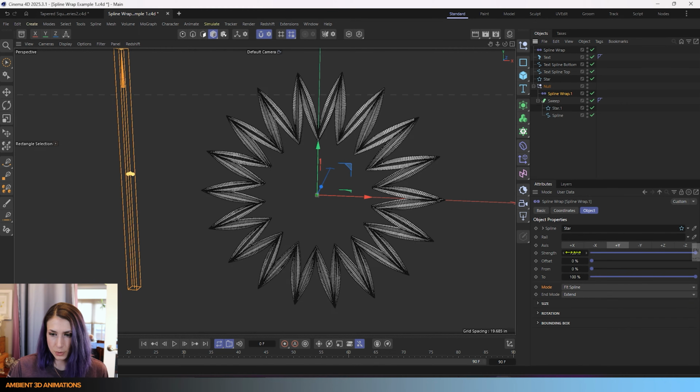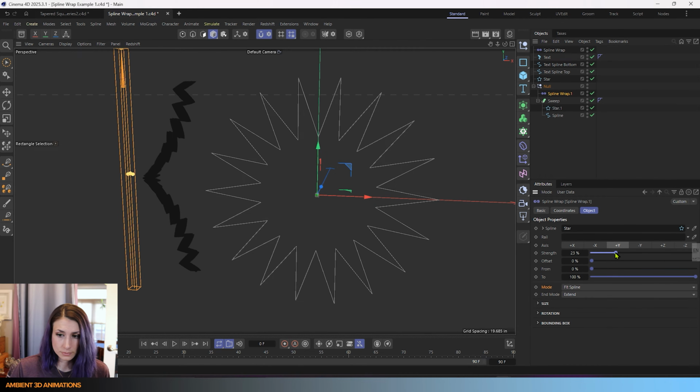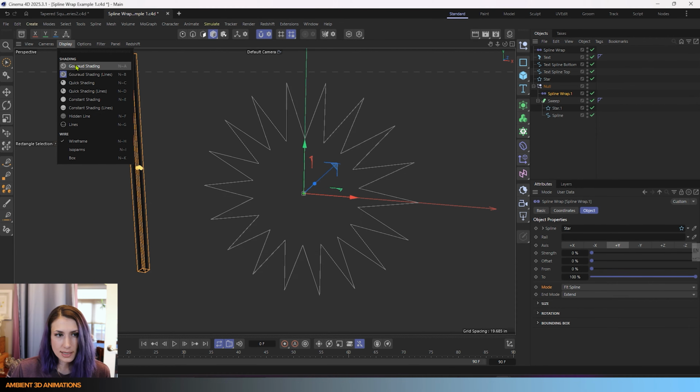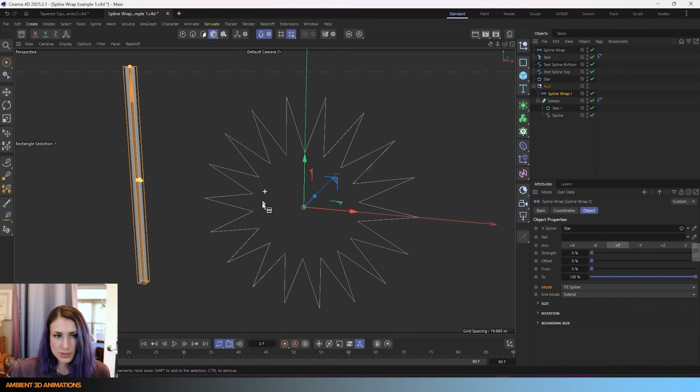So we have this cool option called strength. So just keep in mind that all of these diamonds you can keyframe. So you can keyframe the strength of this. You can animate this. If I make it 0, you can see that it's going back to its original form over there. I'm going to turn back on gouraud shading. The hotkey for that is N-A. It's under display, just so that